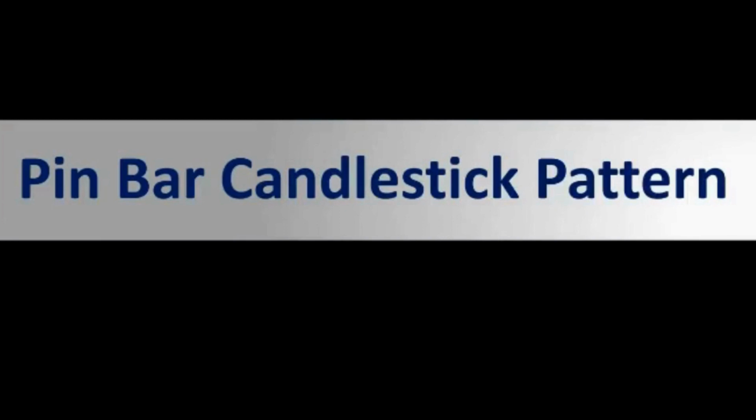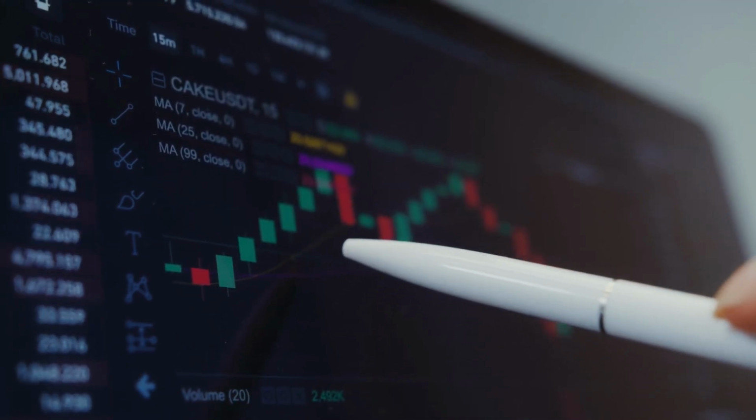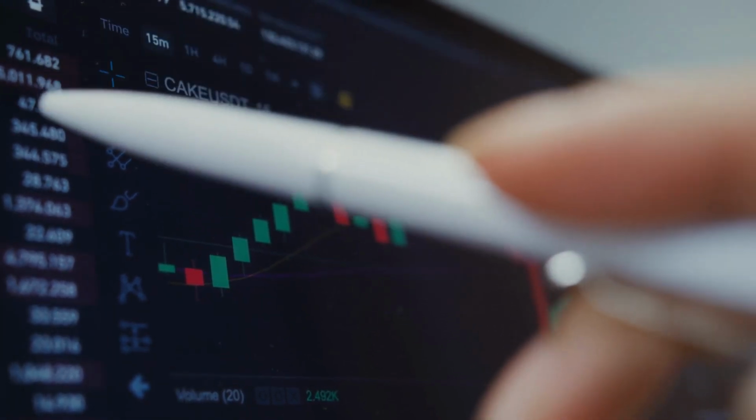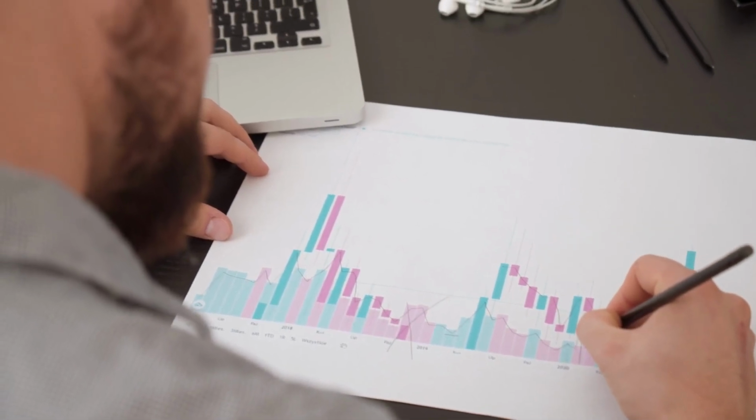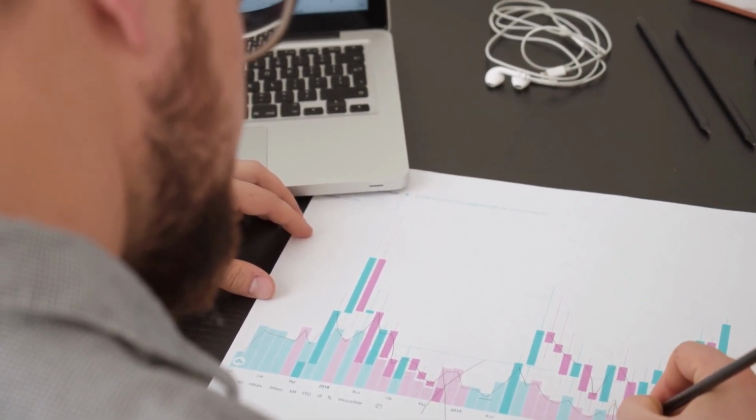And this video is about a candlestick pattern which is called the Pin Bar. This is a candlestick pattern which is often used to identify reversals in the market. It can be a bullish reversal where the downtrend becomes an uptrend, or a bearish reversal where the uptrend becomes a downtrend. We can use the pin bar candlestick pattern to identify the bullish or bearish reversal in the market and make